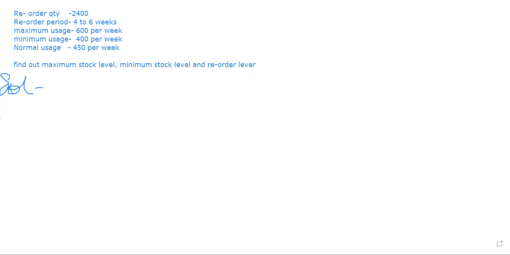In this solution, first we are finding the first bit, that is the reorder level. What is the formula for reorder level? The formula is equal to